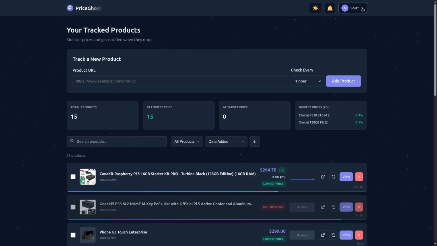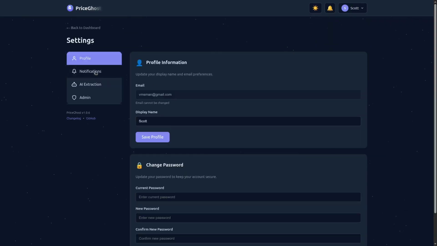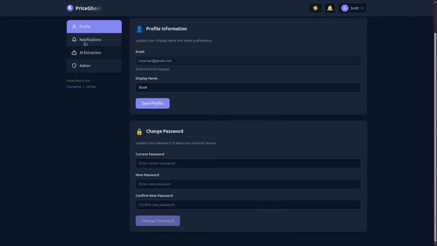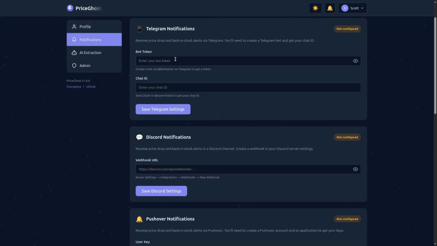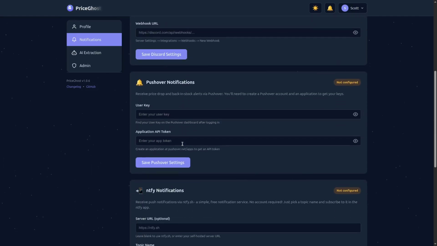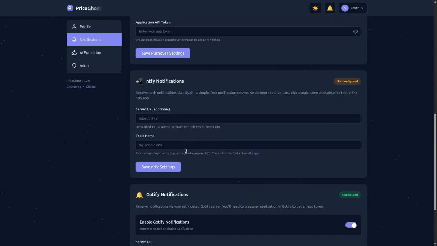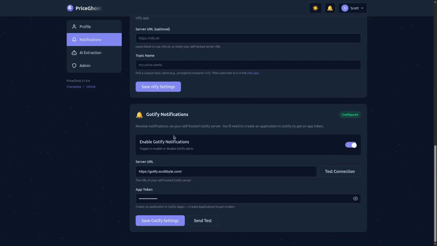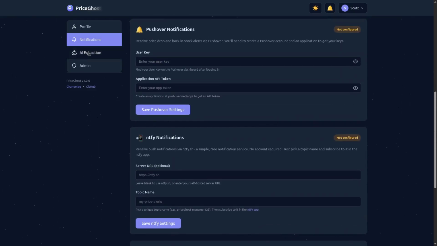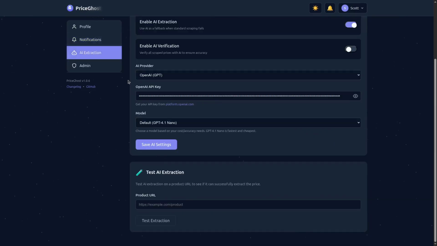So if I go up here and click on my username in the upper right and go to settings, I can go down to the option for profile information. I can change my password. If I move down to notifications, you can have notifications through Telegram, Discord, Pushover, Ntfy, or Gotify, and Gotify is what I'm using. Next, we have the option for AI extraction,